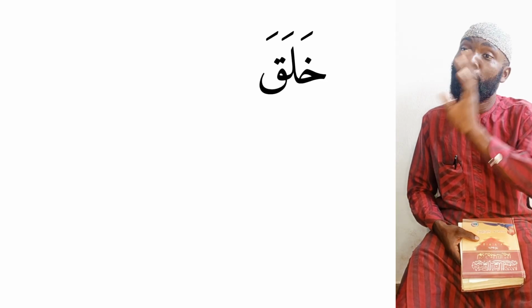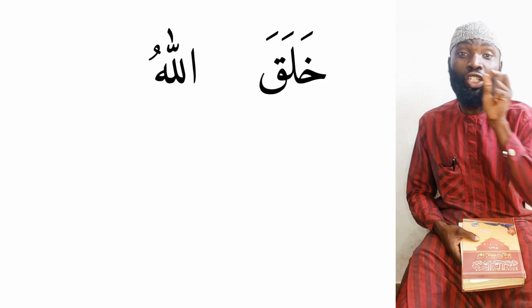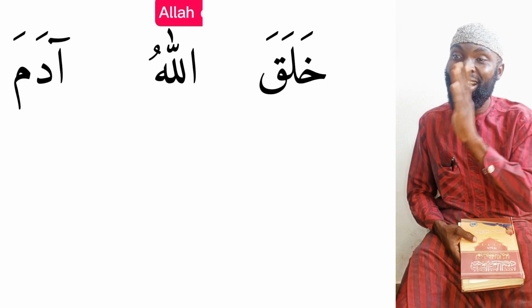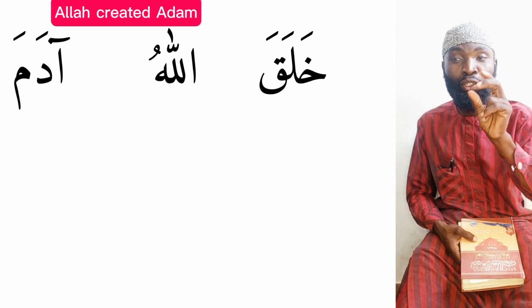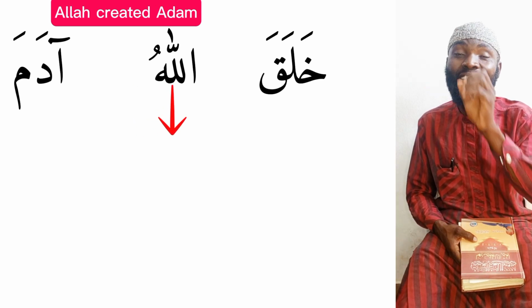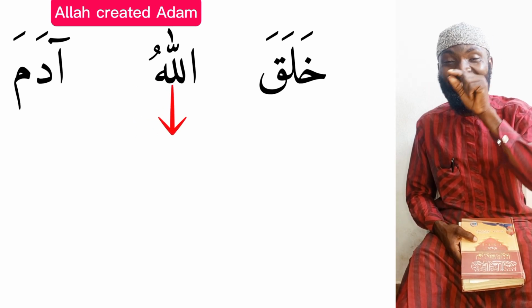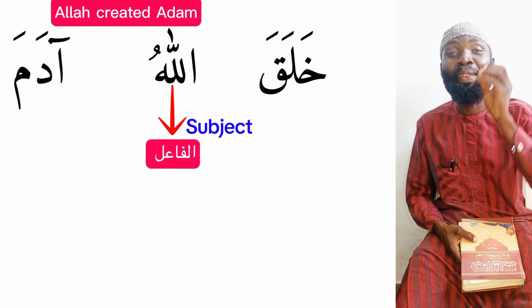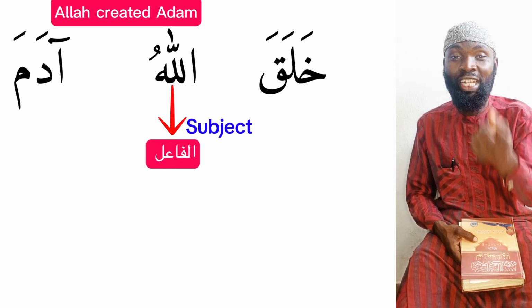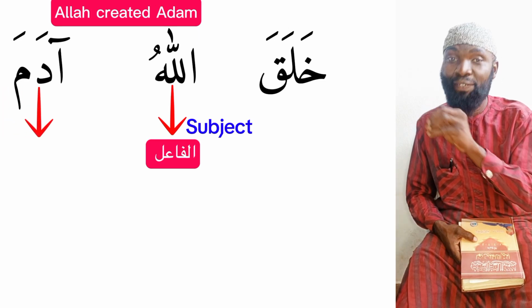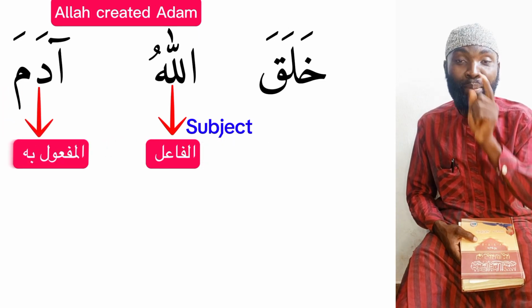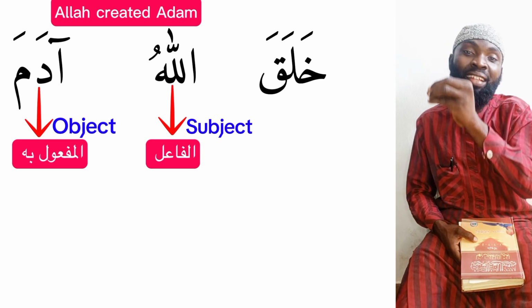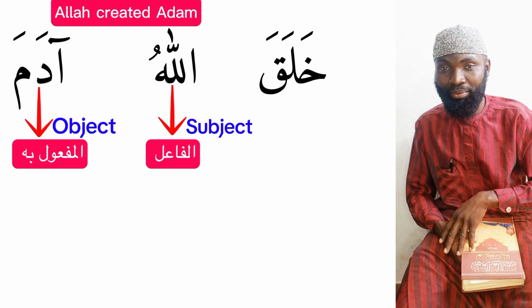Assalamu alaikum. Looking at the board, you will see the short statement Khalaqallahu Adama, which means Allah created Adam. What is the function of Allah in this sentence? Allah, as our creator, is functioning in this sentence as the al-fa'ilu, the subject of the sentence, the performer of the action of creation. While Adam is functioning as the maf'ulun bih, as we have learned previously, which is the object of the sentence receiving the action of creation.